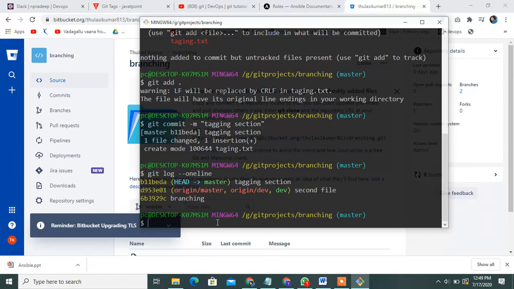Okay, create another file also. You can add a tag to that commit ID.